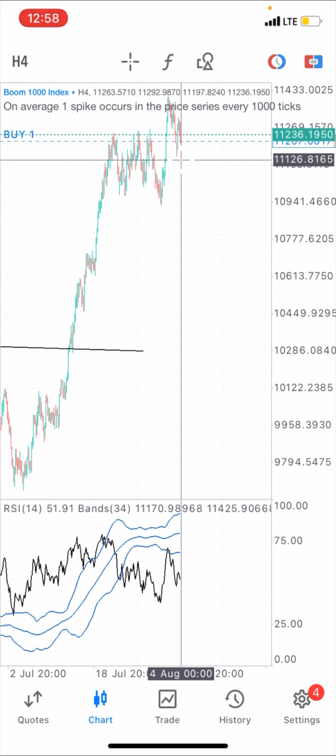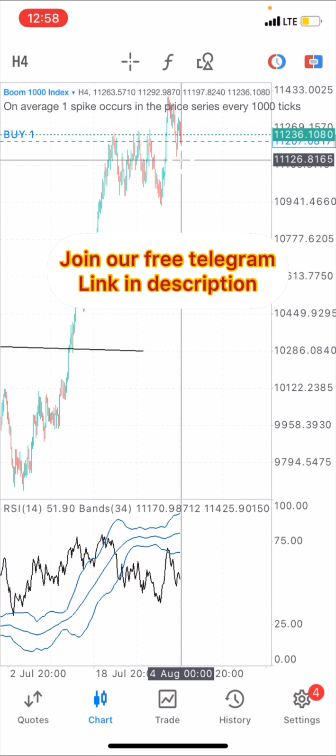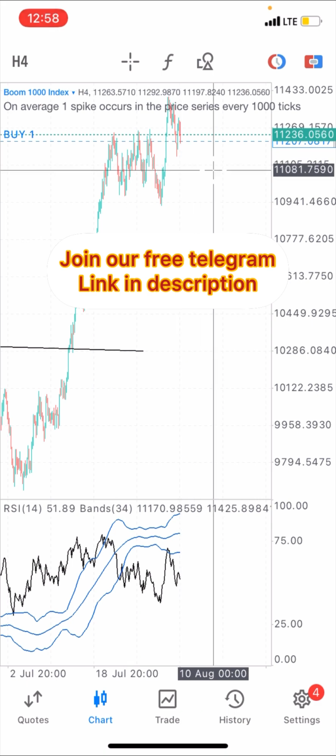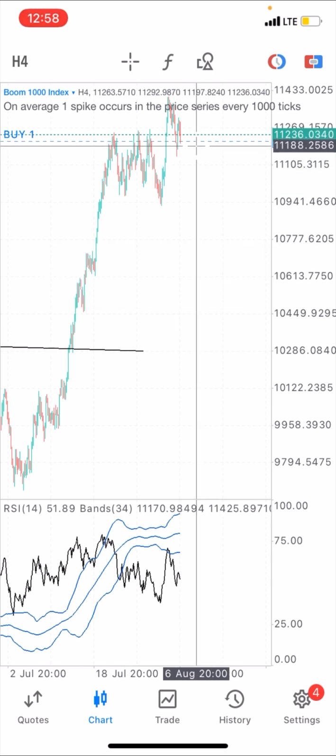And as you should know, if you're hearing this for the first time, you should understand that if you're trying to catch spikes on the bull market, every bull market, you need to be buying. And for you to buy, you need to be buying where the market has come to a support level and where the market is in an uptrend. Okay, so having that in mind,